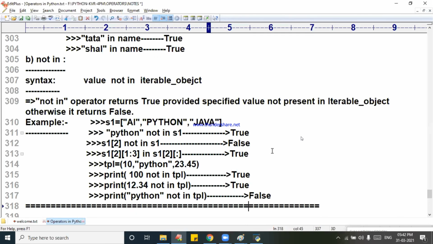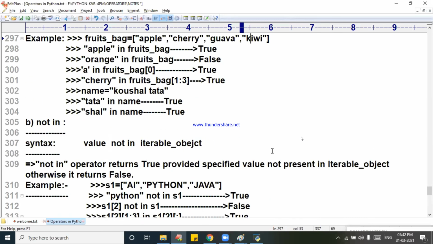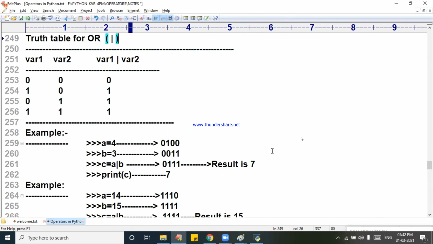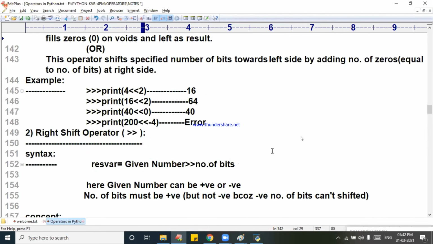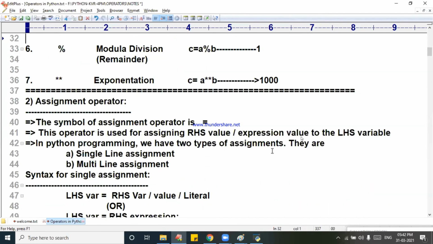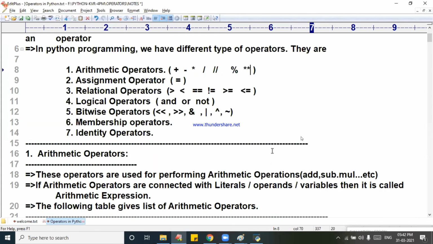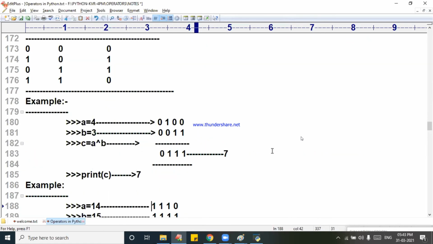This is called the membership operator. Now we will go for the last but one, because I want to teach you the is operator. One minute, let me go for it. What are the operators here? In and not in are also done. In, comma, not in. Now you will write identity operators. That is tomorrow's class. Only the subheading I will keep. Now we will discuss that in the next class.